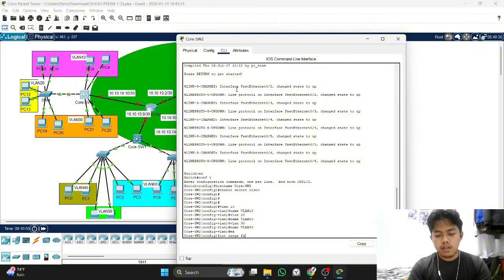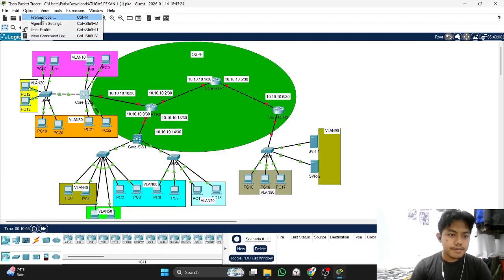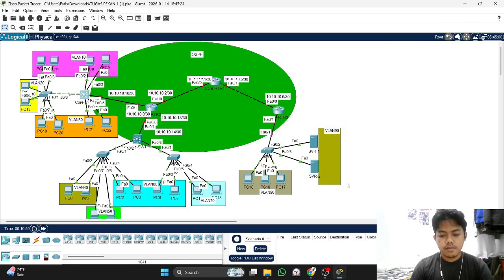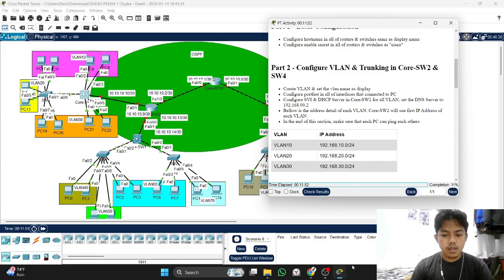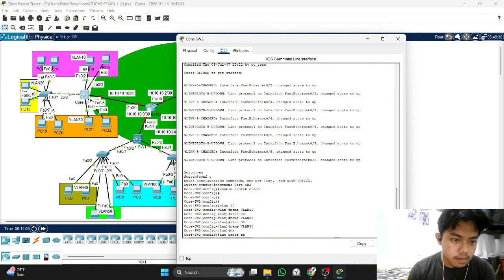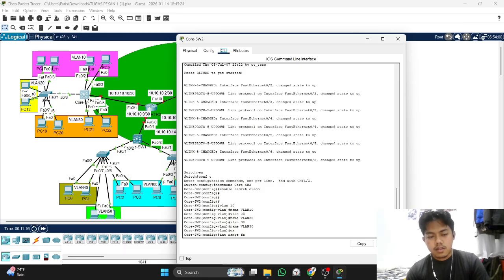You look for the interfaces that connect to the PCs. So here we got FA2 until FA5. This is all of the interfaces that connect to the PCs on core switch 2.